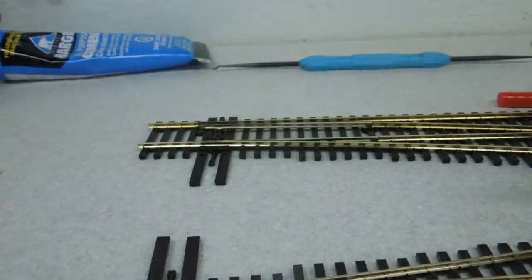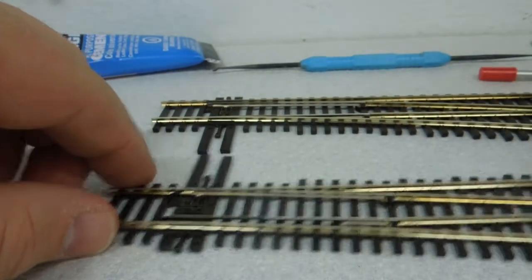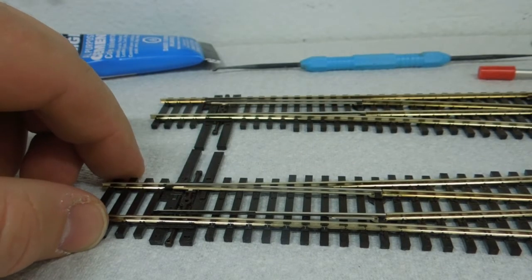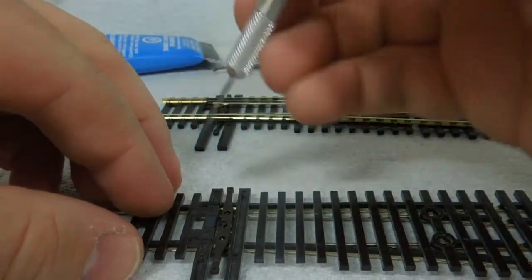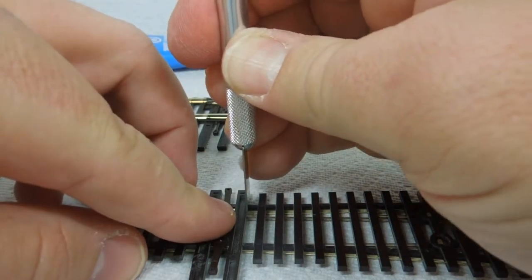Glue them down with a little barge cement, and that should be it. I've actually never done this before, so this is an on-video experiment. I'll start with the, what is this? The left turnout here. I'll use my chisel blade and just press down,